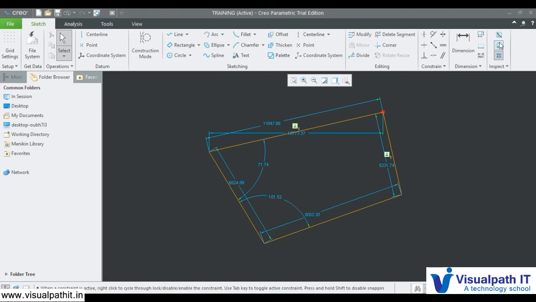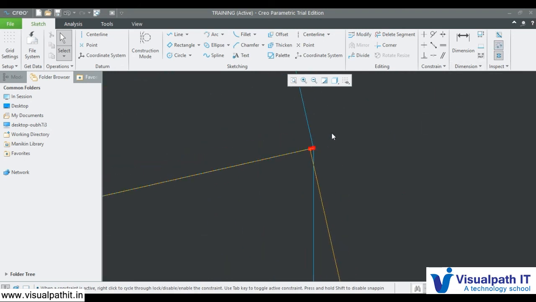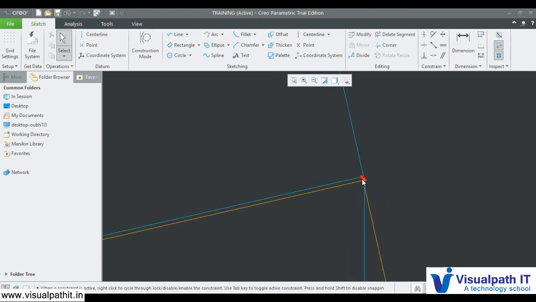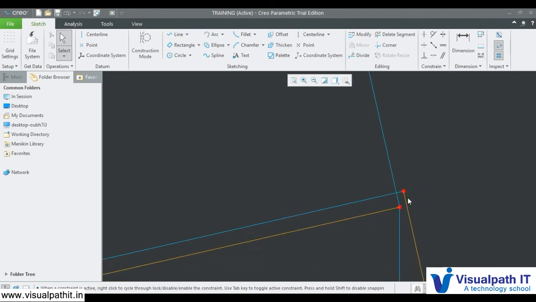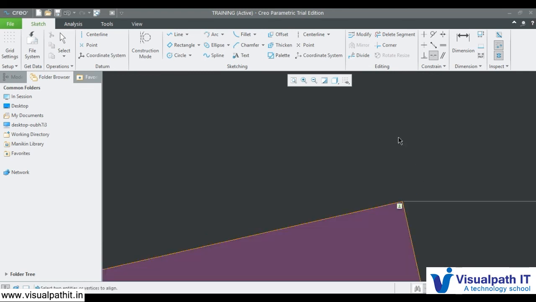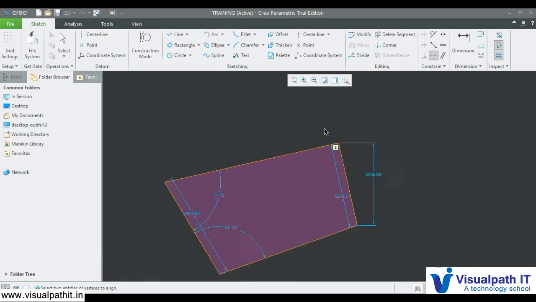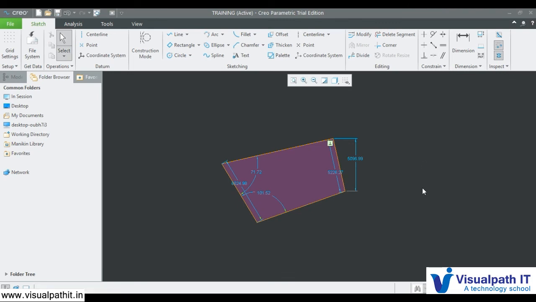That is when I go for this. This is highlight open ends. If it is an open end, it will highlight here. If I want this end to be here, I'll select coincident and select this edge. Now the point comes over here. This is the option that will show all the closed loops. Now it's okay.